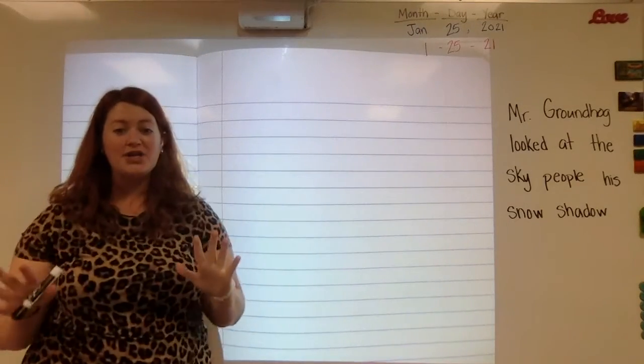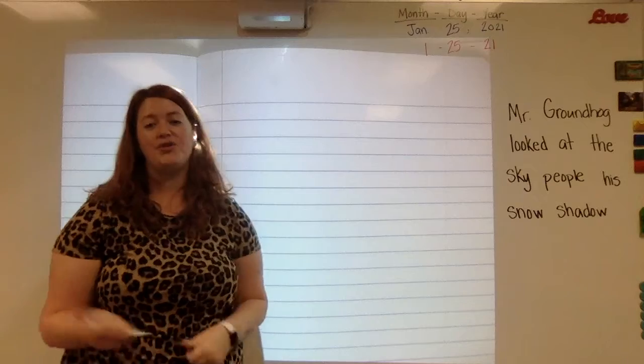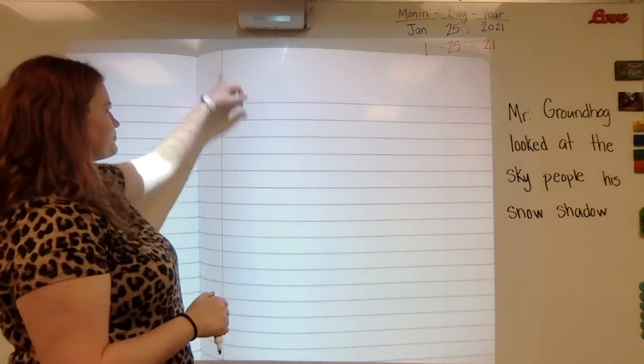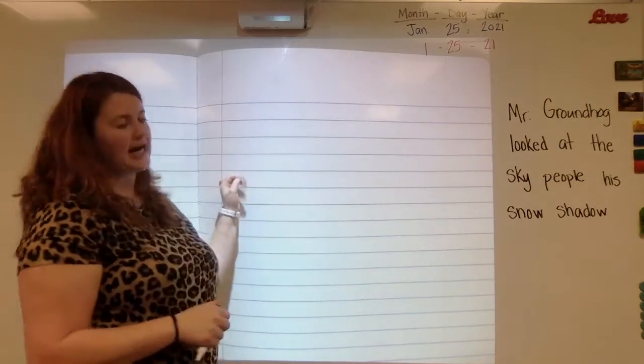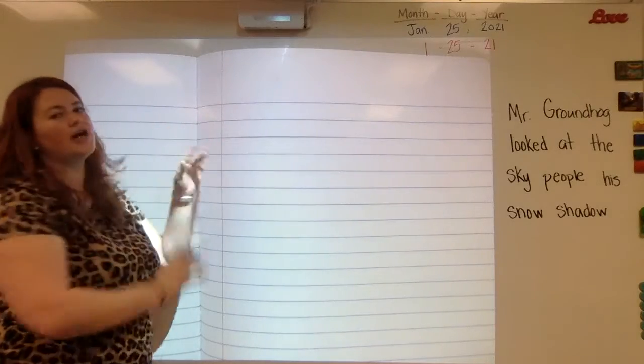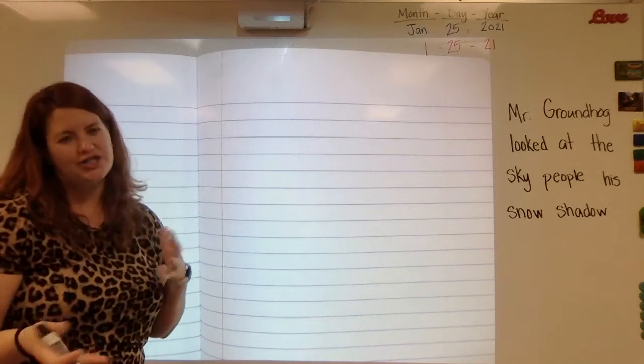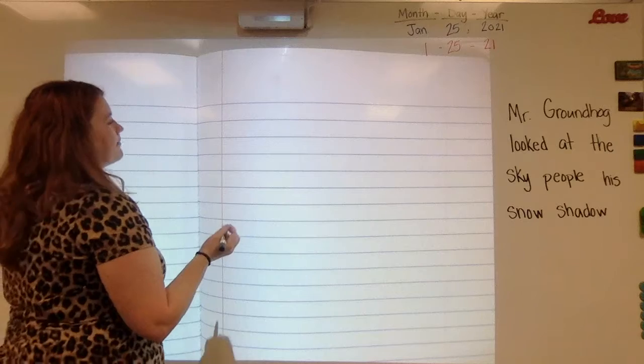I'm on a brand new page because we're starting a whole new week. And I'm going to start at this pink line, okay? I don't want to start all the way over. The pink line kind of is the margin. That means it tells me where to start. So I'm going to write